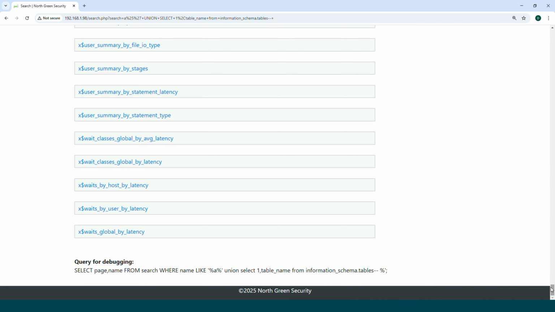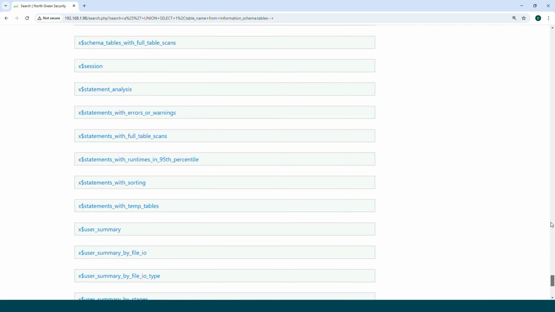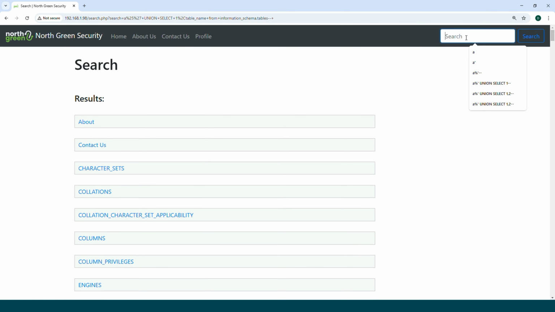Just going to scroll all the way back to the top so I can see my search bar. I'm going to turn around and say, here's my input. I'm going to do a union select. And this time, what I want to know is what column names are in that users table. And I want to know that because if I know what column names are in that table, I can request information from them. So I'm going to search this time for column_name